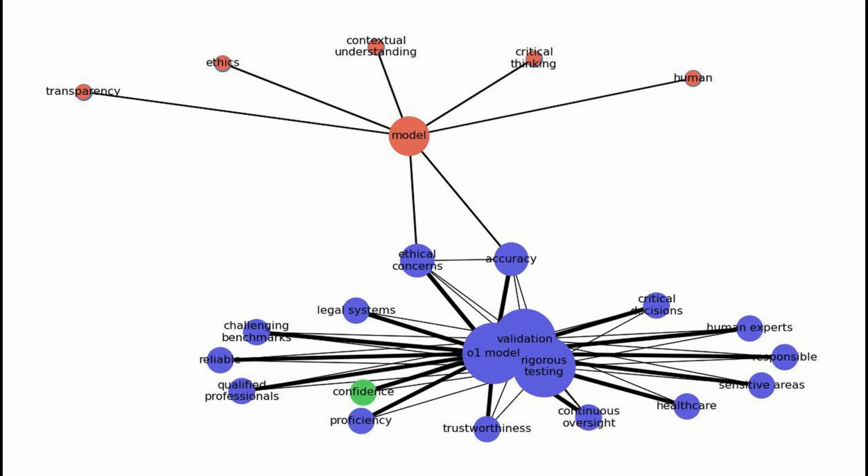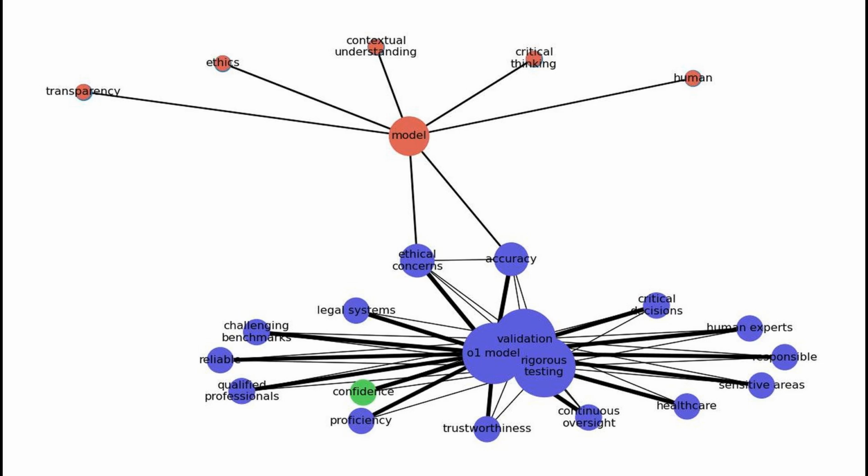This means that while the model can assist with generating insights or solutions, human experts would review and confirm the final decisions or action. This partnership ensures that critical thinking, ethics, and contextual understanding are maintained. Additionally, transparency in how the model operates can also play a vital role. By making it clear how the model reaches its conclusions, users can better understand its decisions and identify potential errors